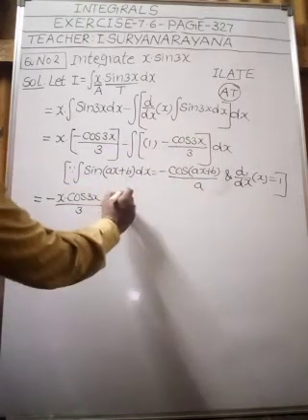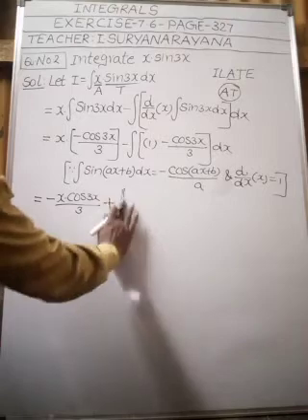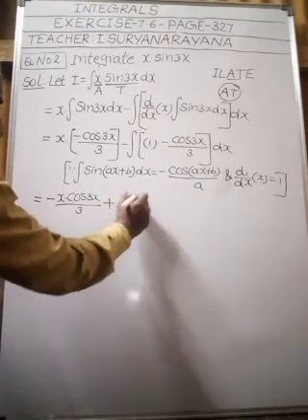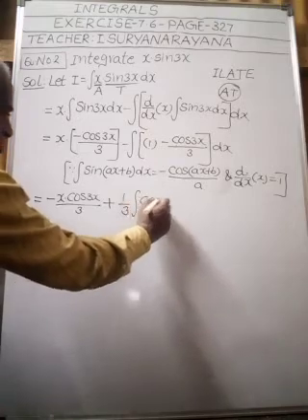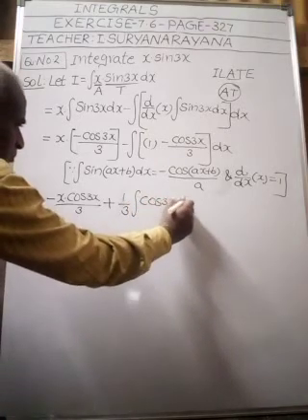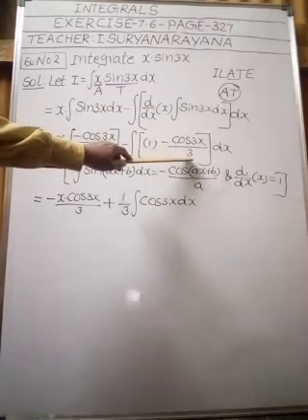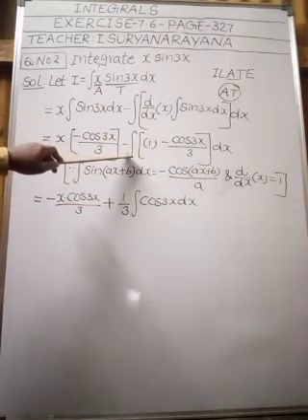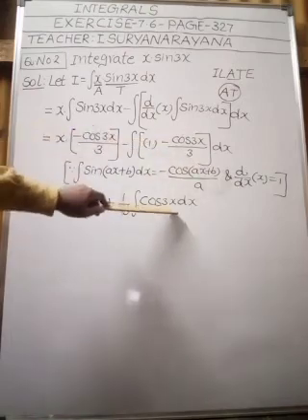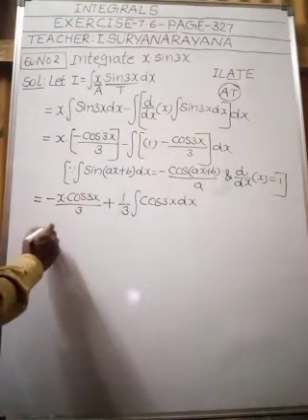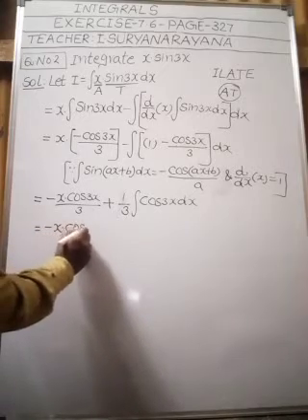Minus of minus, plus integral. I will write 1 by 3, the numerical coefficient. This 1 by 3 is a numerical coefficient. Integral cos 3x. I wrote this numerical coefficient outside the integral. Then what will be left here? Integral cos 3x dx. Understood this step, my children? Right. That is equal to minus x cos 3x by 3